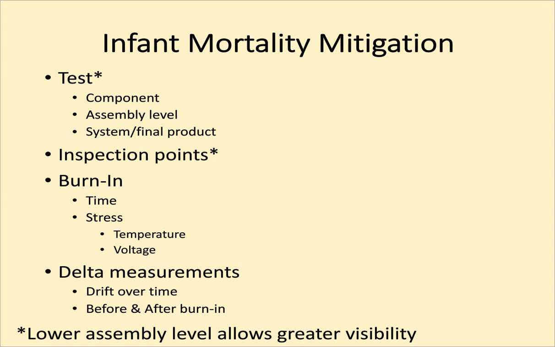Along with burn-in are delta measurements, and they're kind of a handy tool as well. You can take a measurement before burn-in and take a measurement after burn-in, the same measurement. And if there's drift, you can put a limit on that drift so that if the voltage you measure before burn-in is significantly different after burn-in, it could predict or show a latent defect that's degrading over time that will later show up as a fault. So those before and after burn-in measurements with limits applied can predict future failures. So these are some of the tools that can be used.